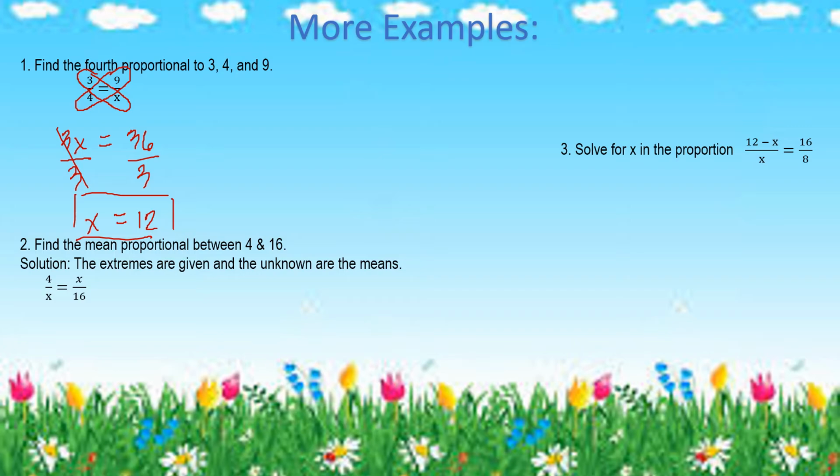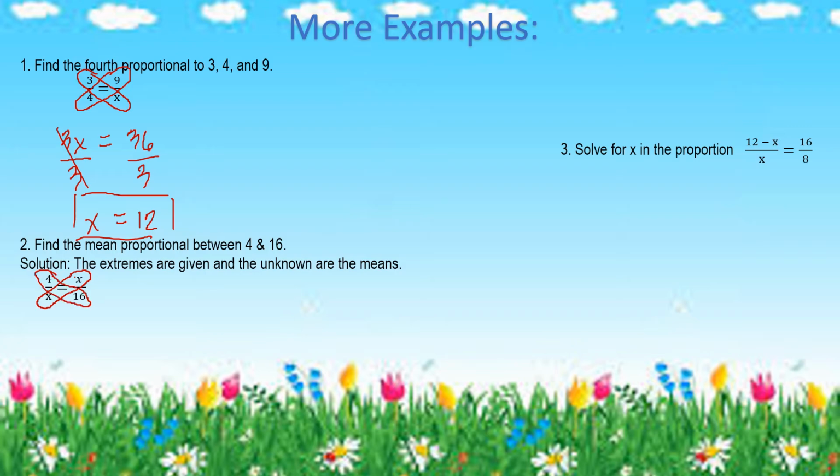Next, find the mean proportional between 4 and 16. For our solution, the extremes are given. So, in this given problem, 4 and 16 are our extremes, or the first and the fourth term. And the unknown are the means. So, if we are to write our proportion, we have 4 is to x is equal to x is to 16. If we cross multiply,